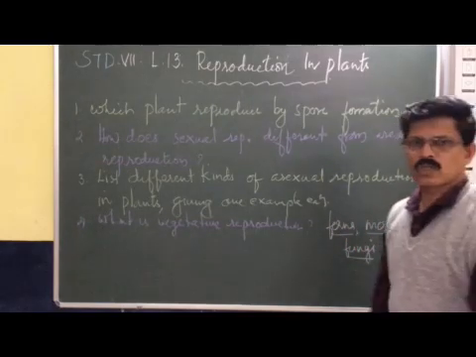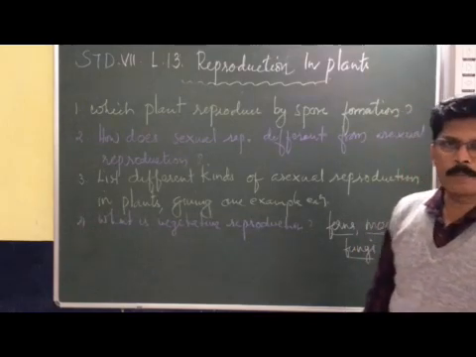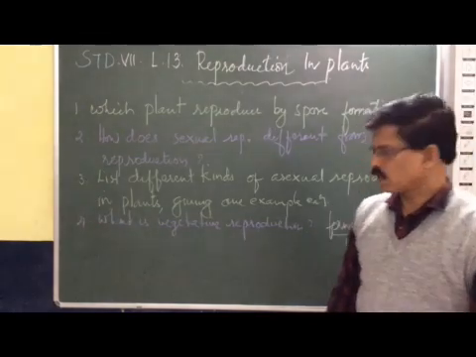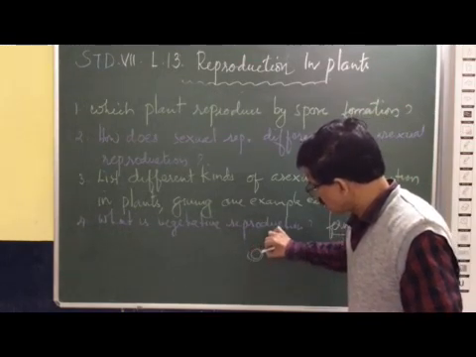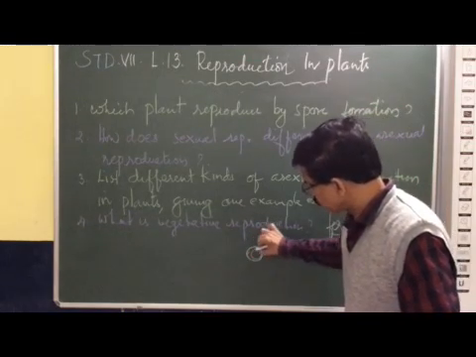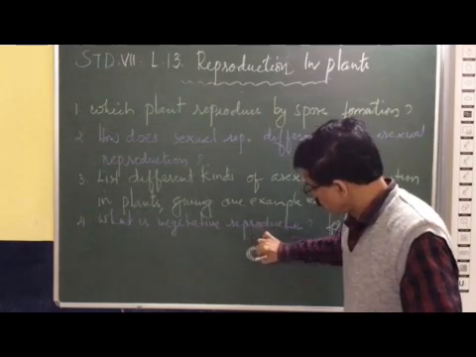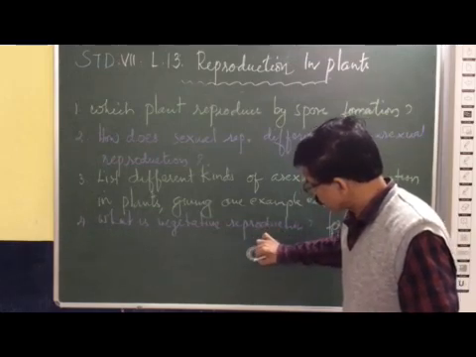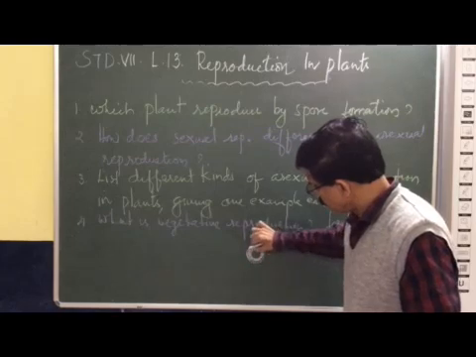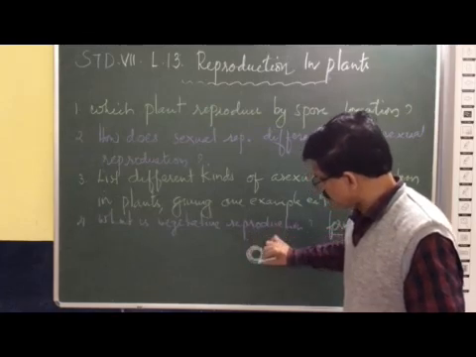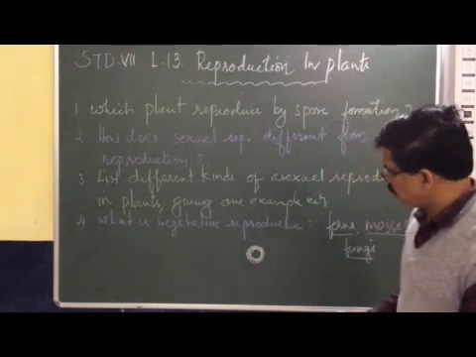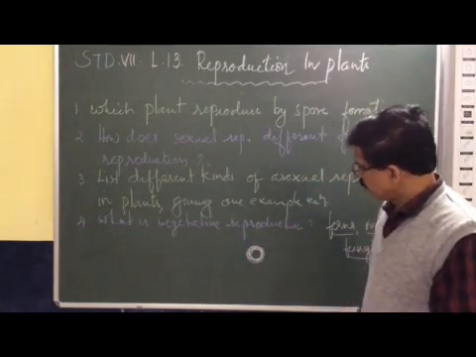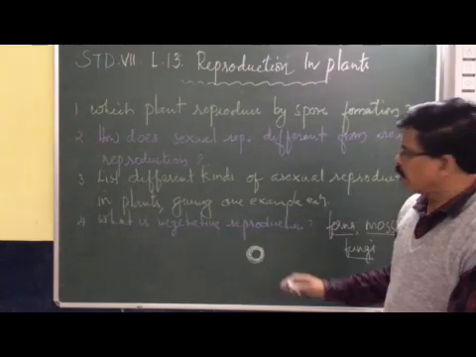Actually, what are spores? Spores are tiny spherical unicellular structures covered by thick walls. So you can see tiny, thick walled spherical structures. They are unicellular. Okay, unicellular, tiny, thick walled spherical structures which help them to overcome the unfavorable conditions.